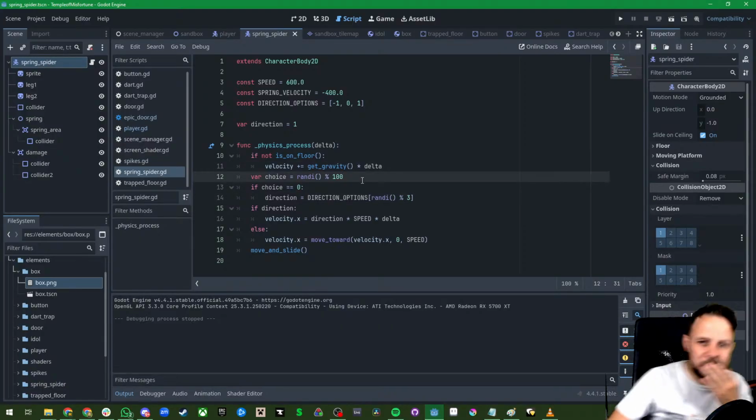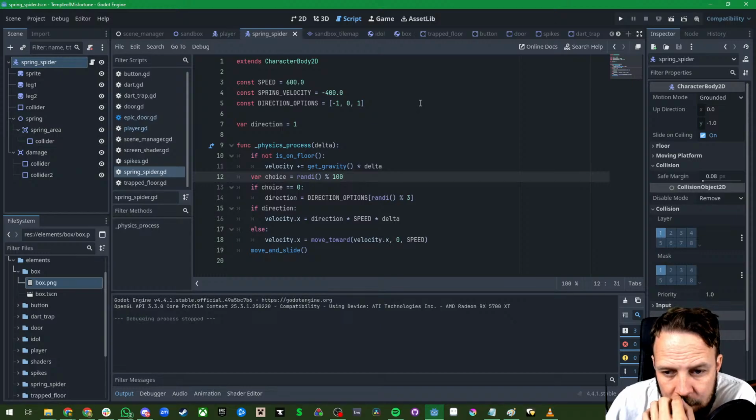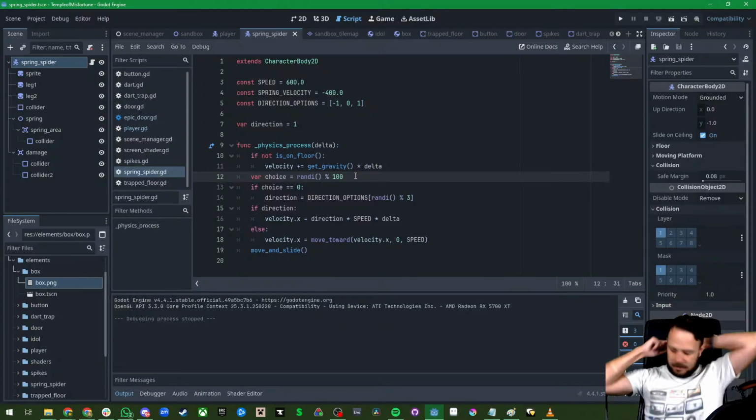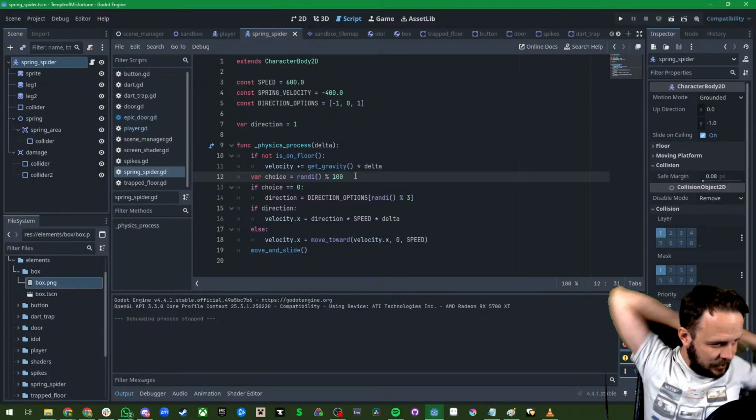Yeah, it's working pretty well already. So this isn't particularly precise. What might be better would be to kind of make